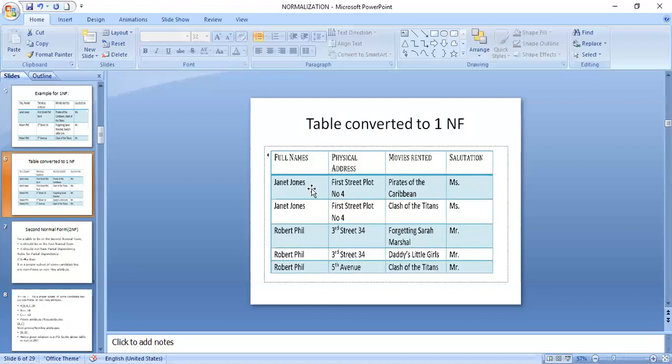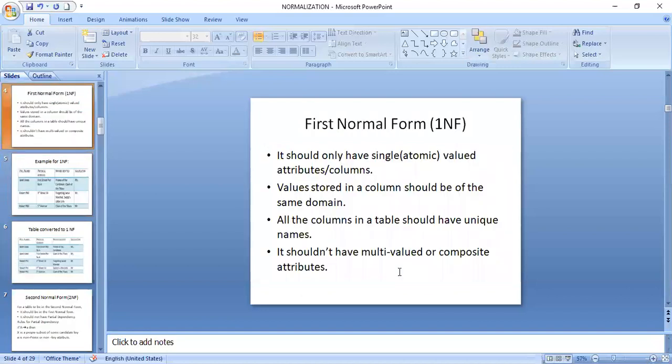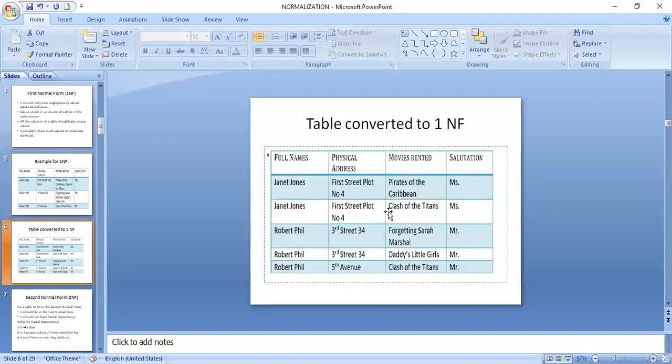So what is happening here? Instead of having 3 rows, here we had 1, 2, 3, 4, 5 rows because of multi-valued attributes. If you have multi-valued attributes, to convert it into first normal form, remember one very important thing: you should add rows to the database.